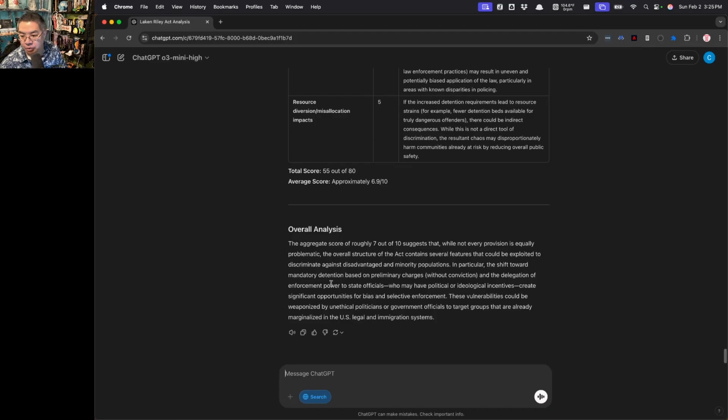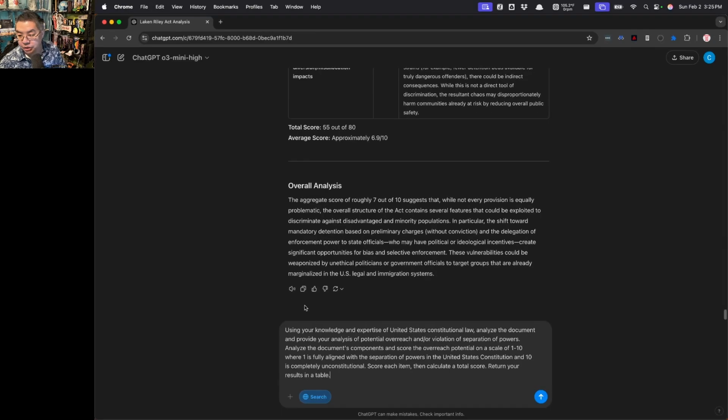In particular, the shift towards mandatory detention based on preliminary charges without conviction and the delegation of enforcement power to state officials who may have political or ideological incentives creates significant opportunities for bias and selective enforcement. So that's bad. Let's move on to our next question, which is going to be about separation of